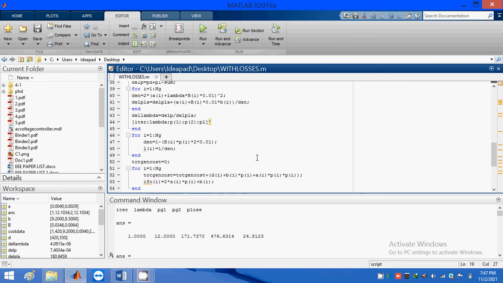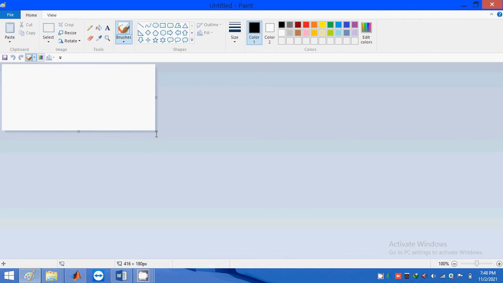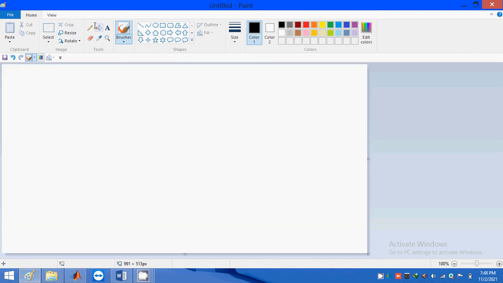Lambda is the optimal Lagrangian multiplier. When we talk about the optimal solution, lambda is equal to the penalty factor times the incremental fuel cost. You already know the formulas for the incremental fuel cost and the penalty factor; I am just mentioning them here. So lambda is equal to